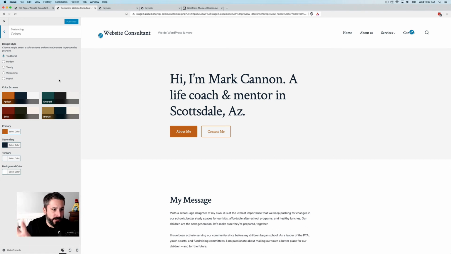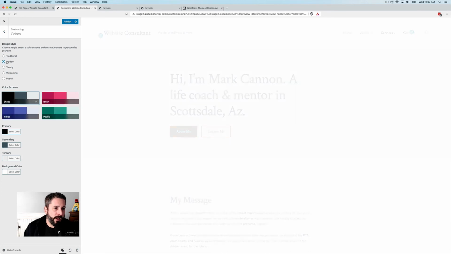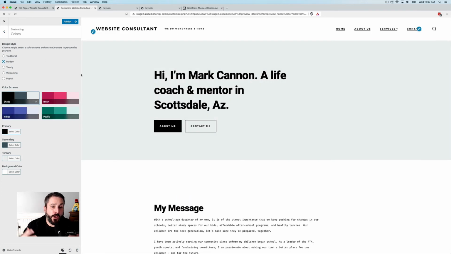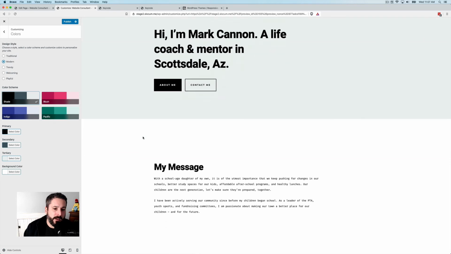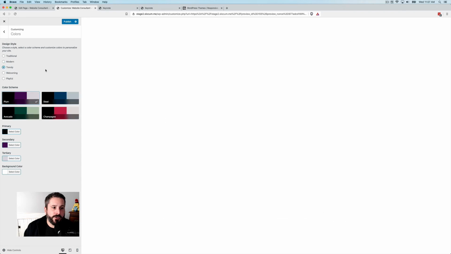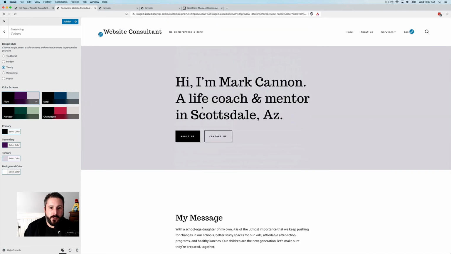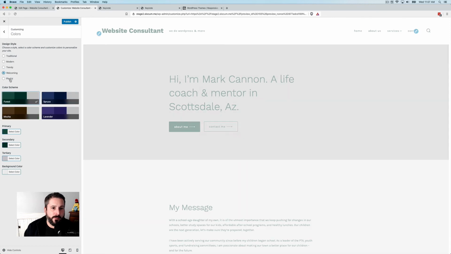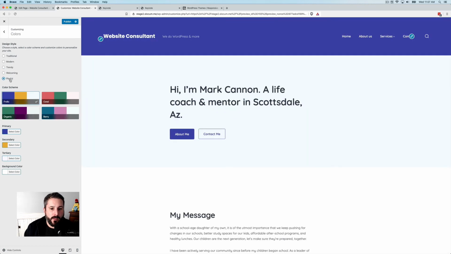So this is a traditional look and feel. I can go to modern, and now you can see the text and a lot of the design language is starting to change with these underscored menu items. Obviously, the text look and feel is very different. Trendy is another example here where, again, the font things are changing, welcoming and playful. And then within this,